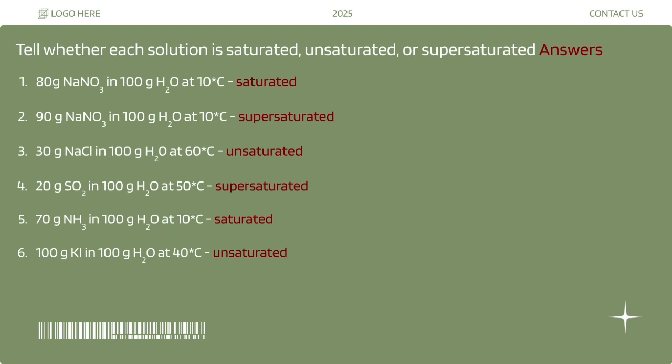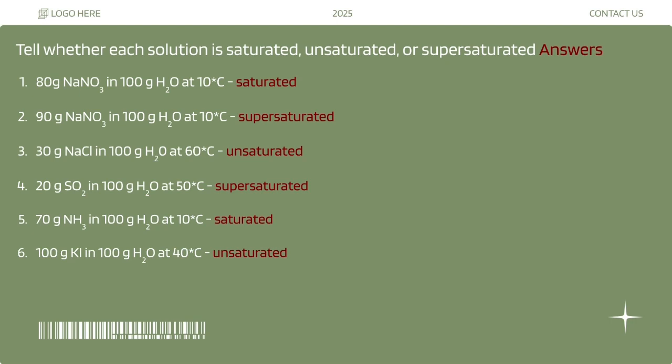the line. 90 grams of NaNO3 and 100 grams of H2O at 10 degrees Celsius is supersaturated because it falls above the line. 30 grams of NaCl and 100 grams of H2O at 60 degrees Celsius is unsaturated because it falls below the line. 20 grams of SO2 and 100 grams of H2O at 50 degrees Celsius is supersaturated because it